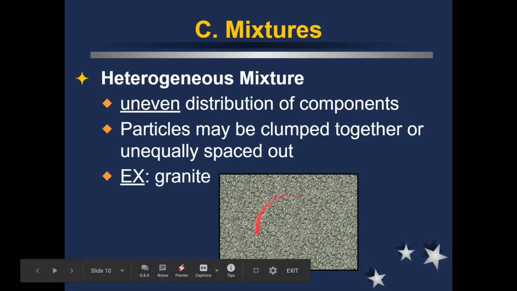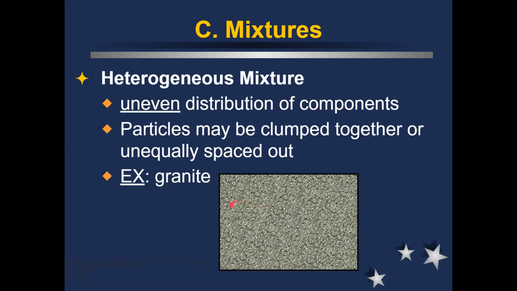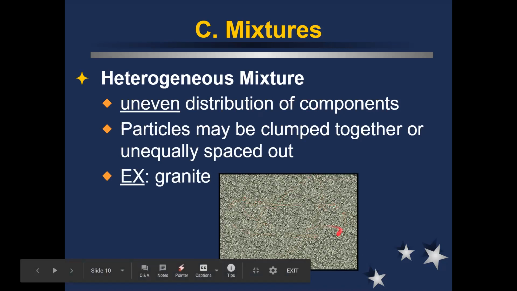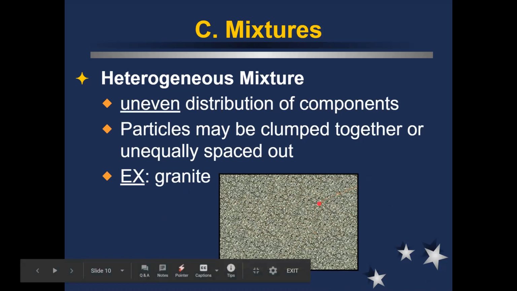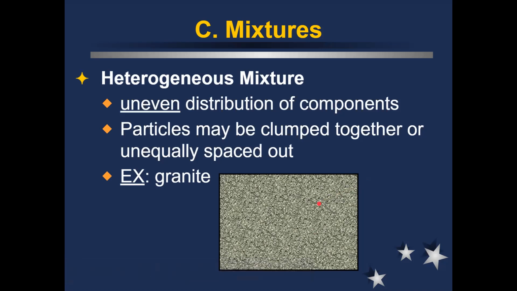So like granite right here is a good example of this. So you can see if you look at this picture, there's all these little white and gray and black kind of specks all distributed throughout the granite. So if granite were totally homogeneous, if everything was equal, it would look just like one clean, even gray kind of smear or wall. Instead, all of the different minerals that make up granite, so rocks are just a combination of minerals, and granite is a type of rock.